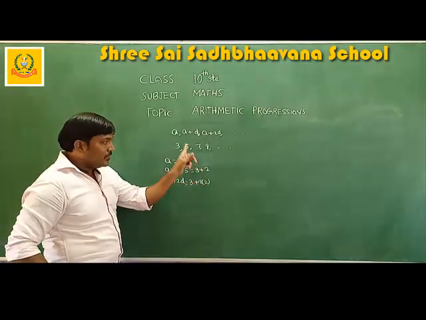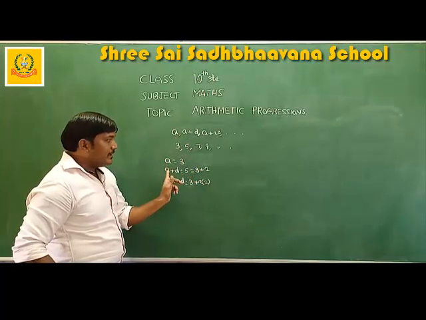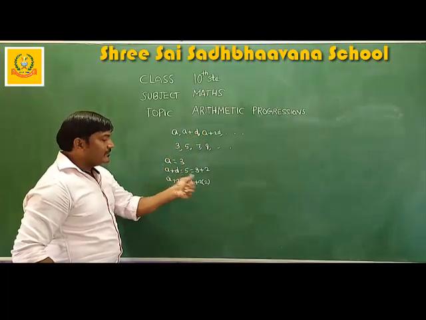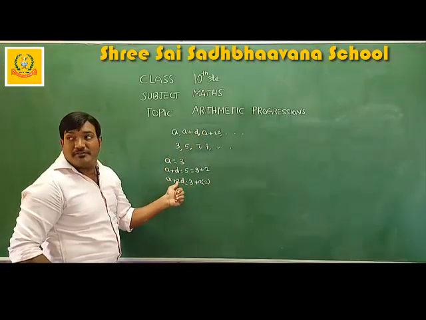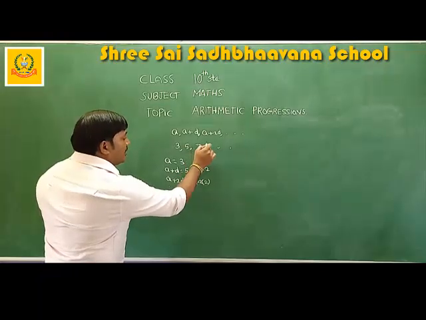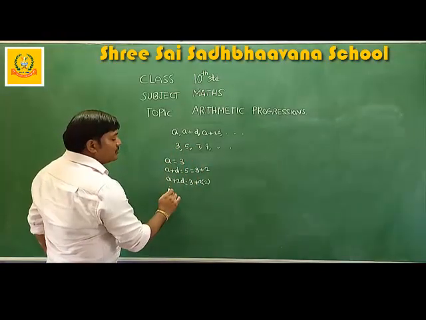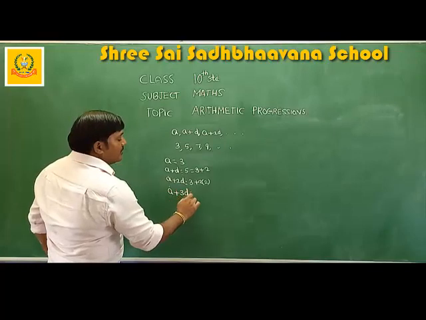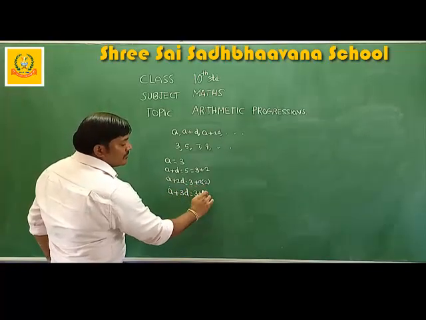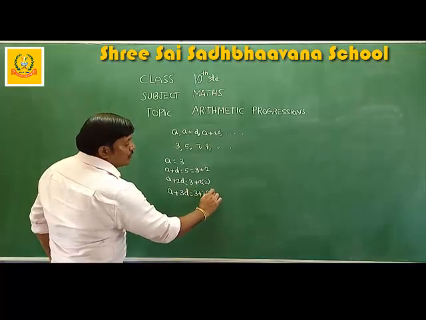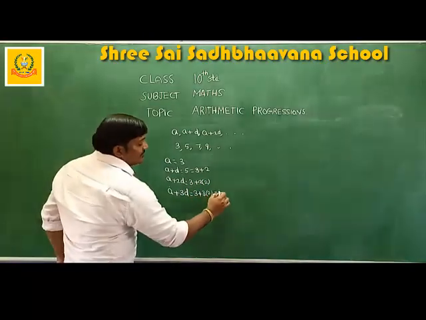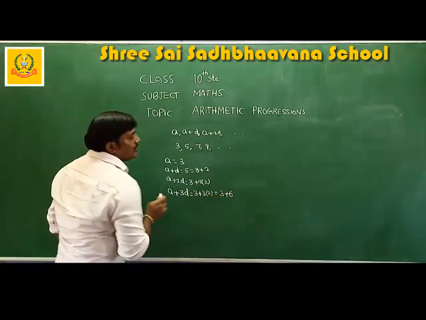So here you observe, d is 2. In the second case, d is 2 itself, but it is multiplied with 2. Understood? Now, for 9, with respect to 3, what should we add? I'll just take it as a plus 3d. So 3 plus, just increase the number, 3 into 2. So it will become 3 plus 6, which is our 9.